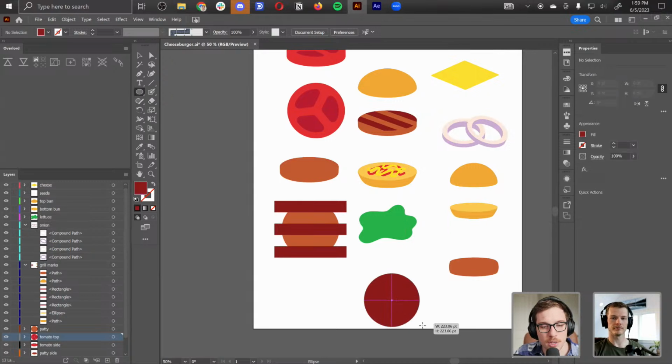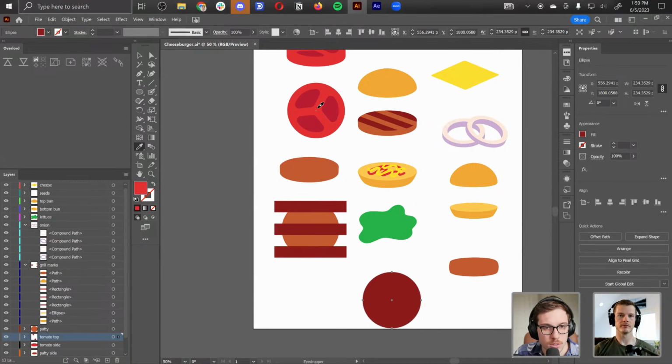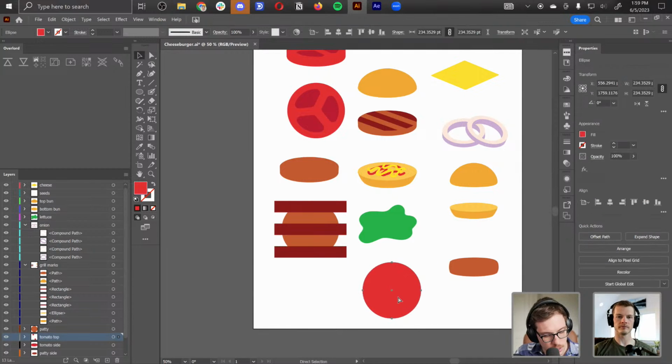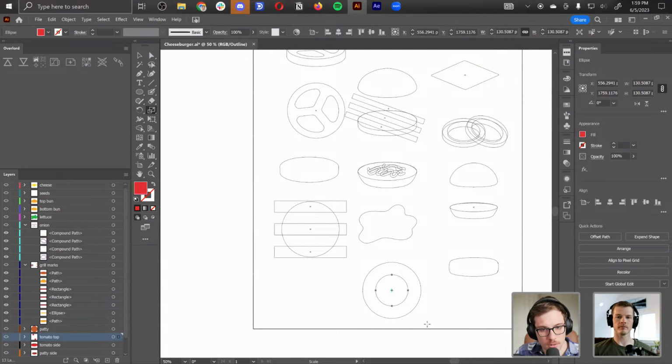I did that pretty easily by just creating a circle with the ellipse tool. I'm pressing Control C and then Control Shift V to paste in place, pressing S, bringing it down. And that makes the inner circle that we have here. And what I ended up doing